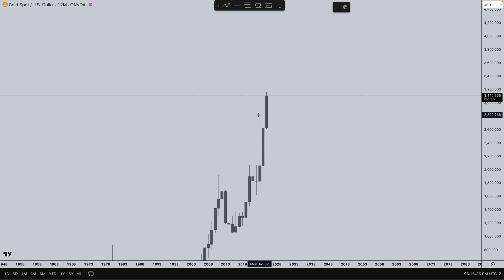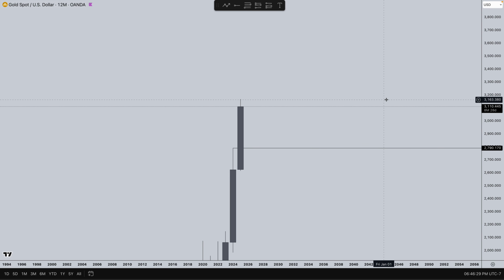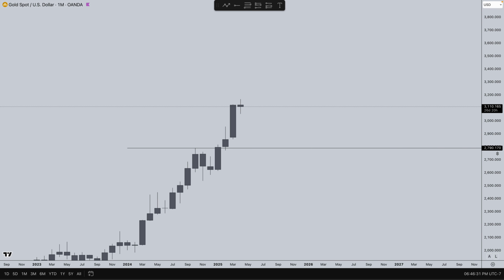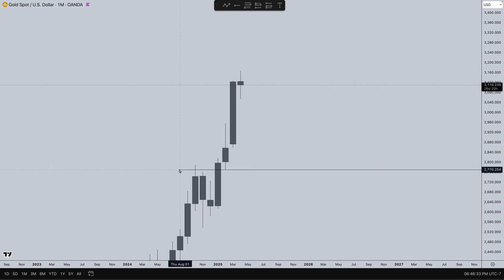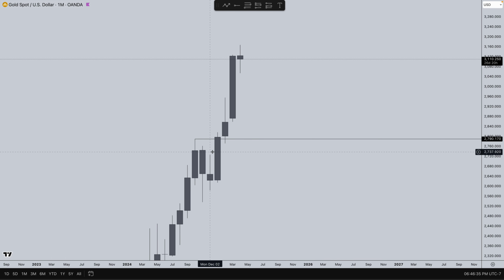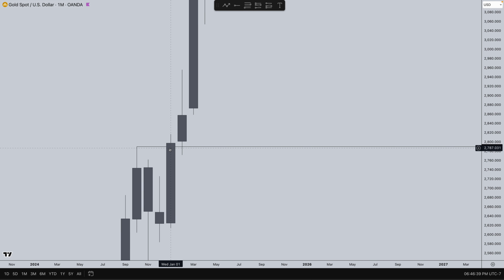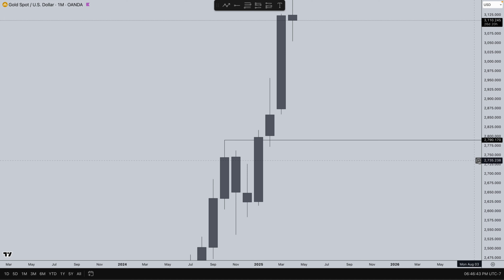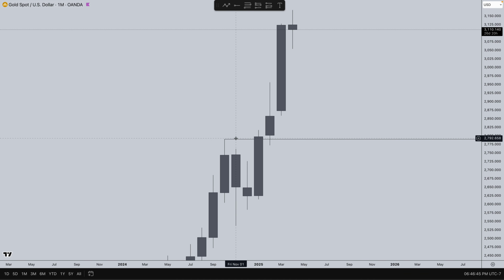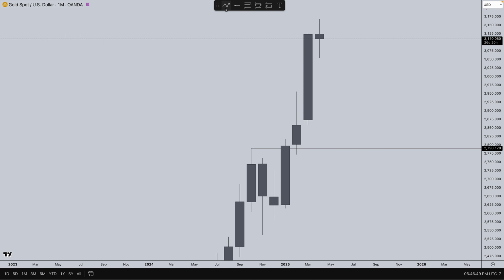So even after last year, we broke all time highs and just continued to move. So I'm immediately marking up that structure. That's a major break of structure retested on the next candle. So this is what I look for when I look for buys. Anytime I look for buys on any time frame, I want to see breaks of structure to the upside and then a retest. And the reason why is because if you guys study the market structure videos, I always go